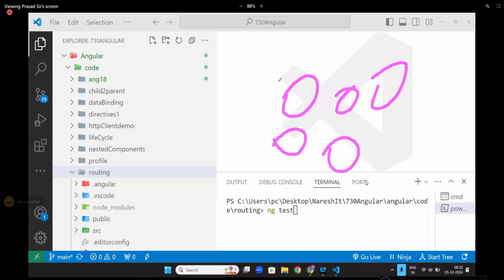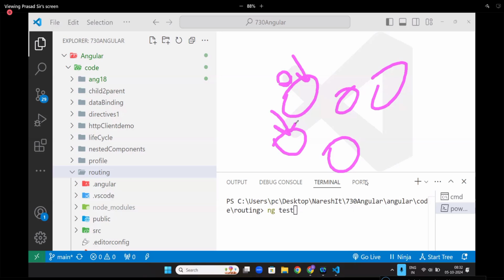Each and every component needs to run testing, right or not? Who will test this? One is called Karma. We will write code for this Karma. The framework which we will use to make this Karma work